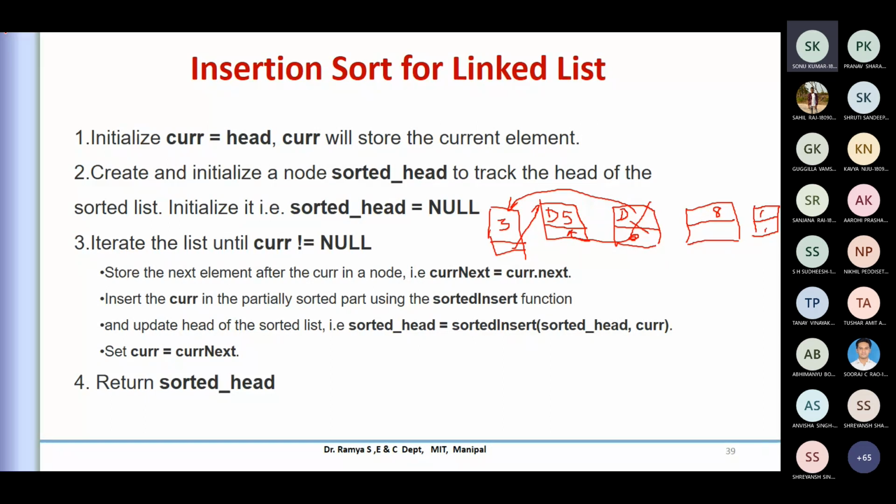So we should be aware of the way it is being stored in the linked list, and the address. The address plays the main role, the main point in this linked list. If you lose this address, we lose the whole details of your linked list. Compared to your array, the array name itself is a pointer for you, and all the index values are going to be pointing, because it is continuous memory. But here it is not so. So we have to keep account of the address that we require.